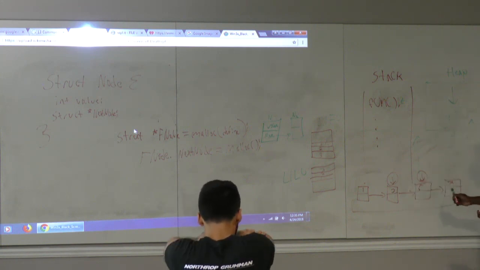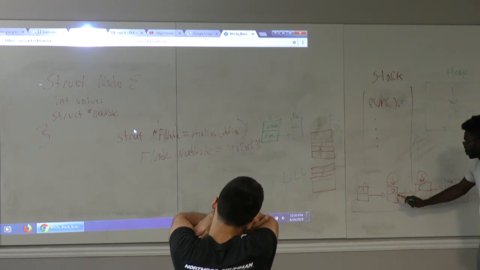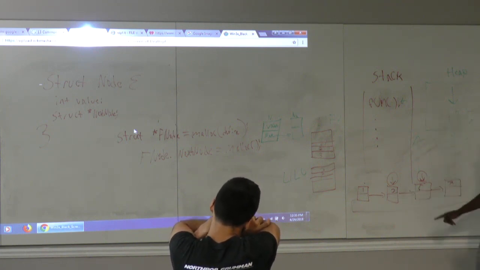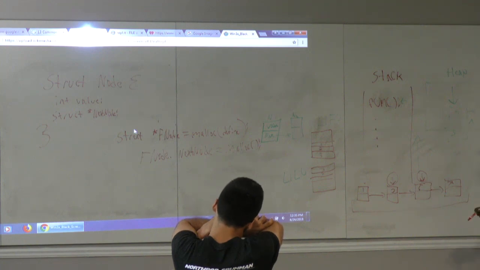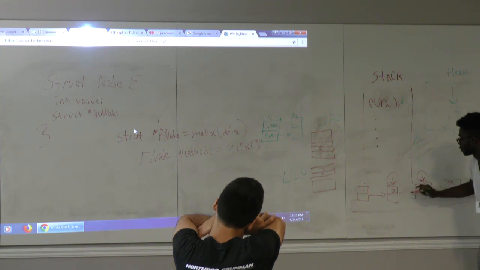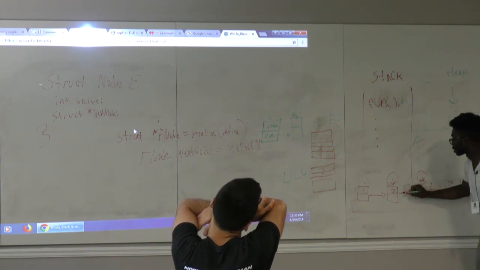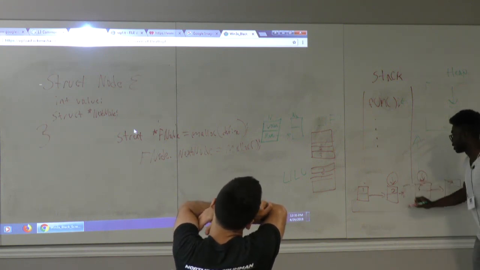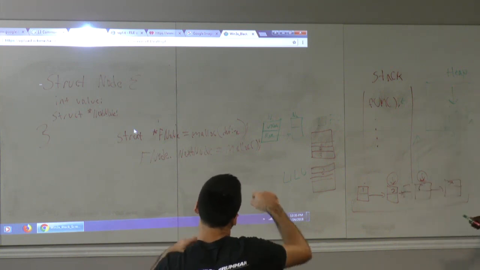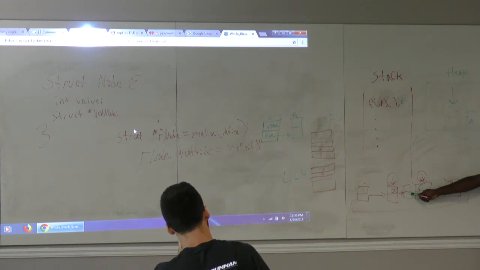So all you'd have to do now is keep in mind that 3 points to 5, but you want 3 to point to 4 instead. We can do that. We can change what this pointer is, and we can make it point to 4. But what's the trade-off of directly just saying 3 points to 4? The address of the next one. Exactly. We lose the address of the